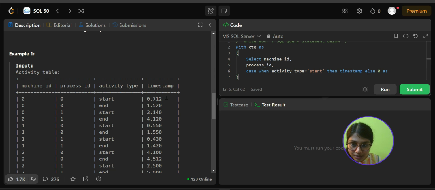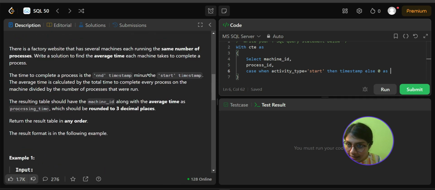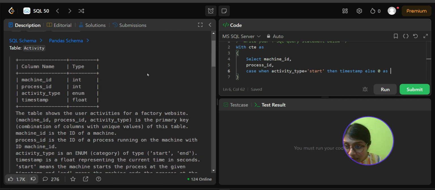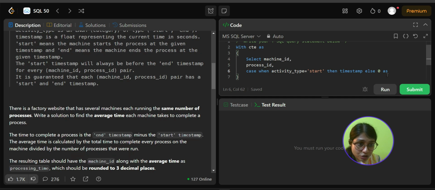This is timestamp only, right? So this is an integer basically. Timestamp is float, so that's fine. That'll work just fine. Else 0 end